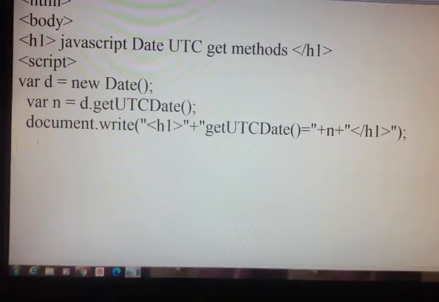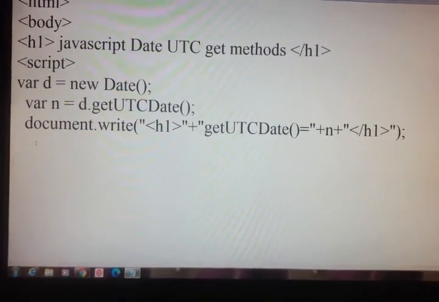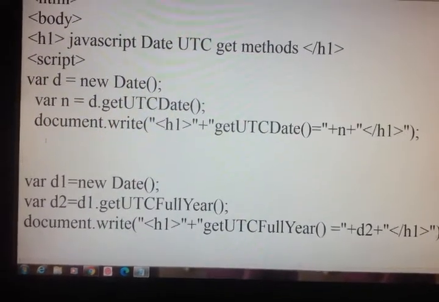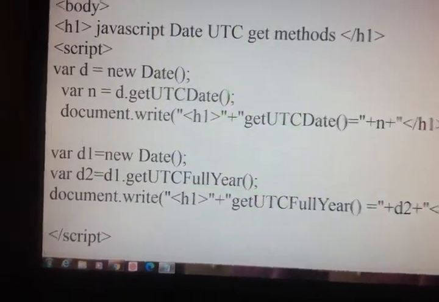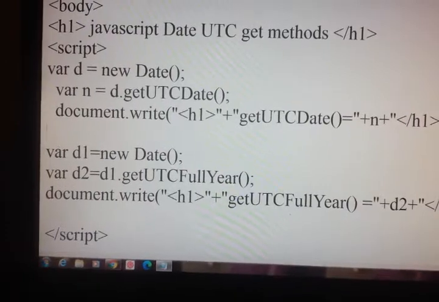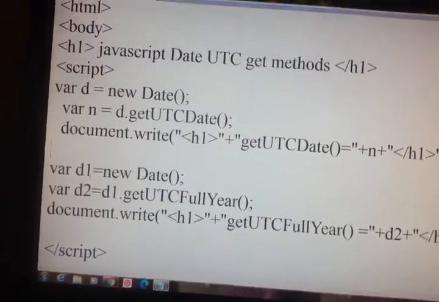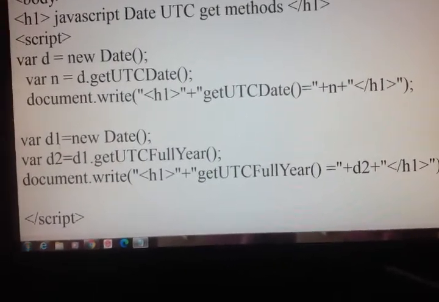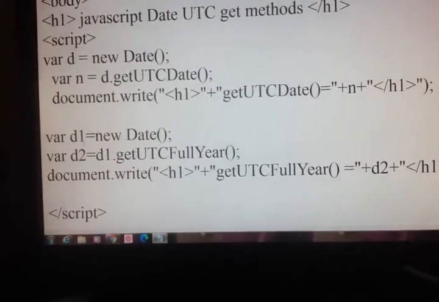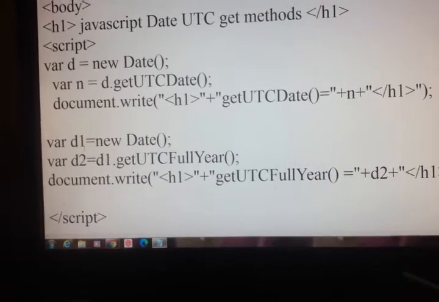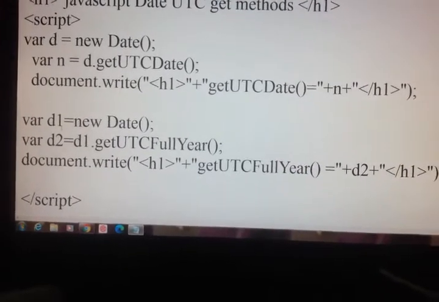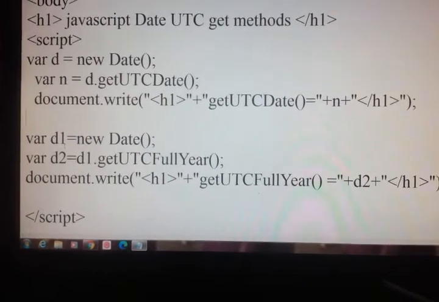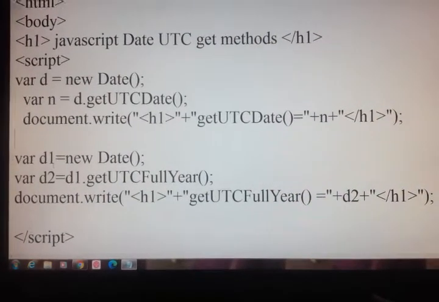Like this, getUTCDate, we are having another method called getUTCFullYear. So for that again I have created a new variable. Creating a new variable is our wish. We can use the same variable which is already created, like variable d is equal to new Date, it is already created. That also we can use.